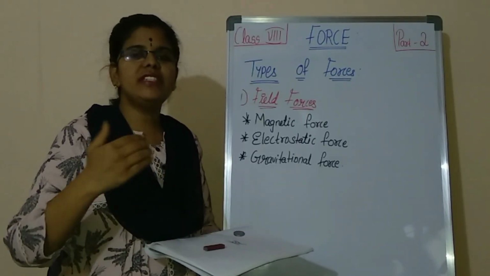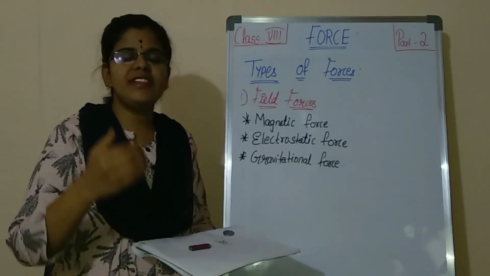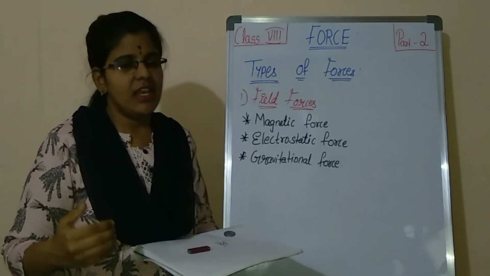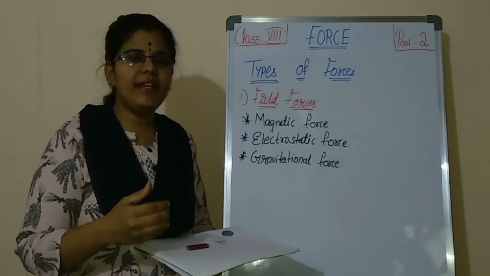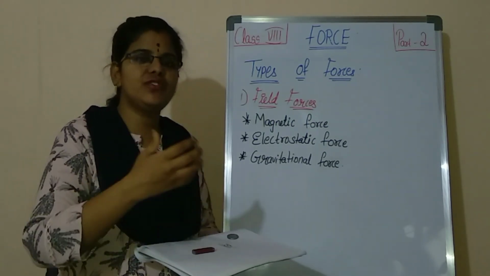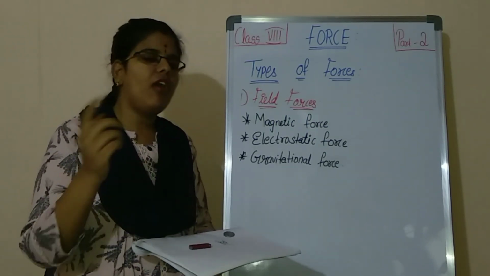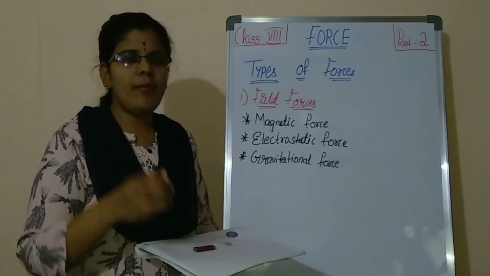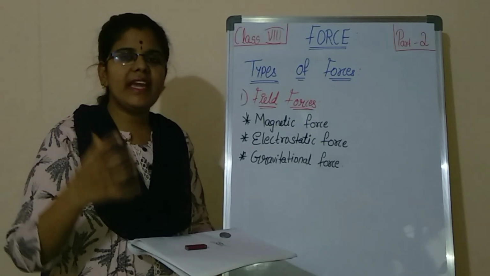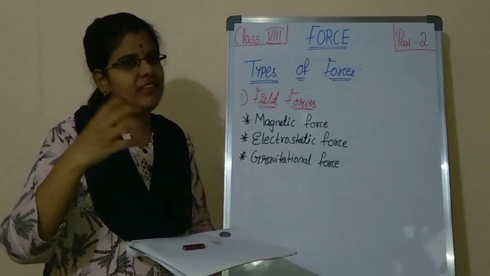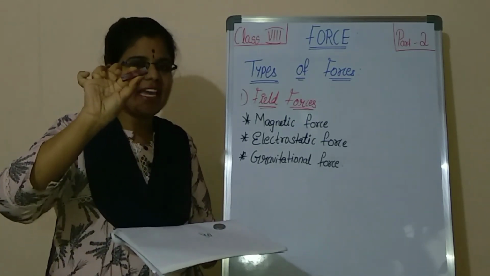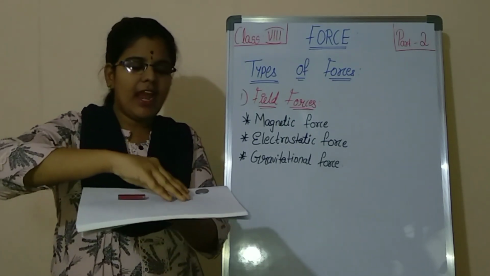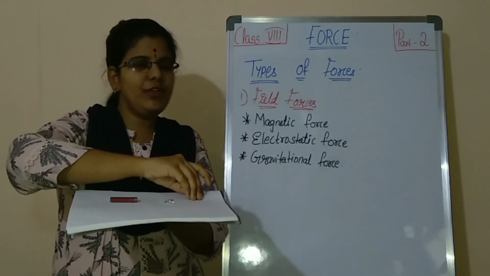Magnetic force is nothing but the force which is exerted by magnets. Magnets have a special property of pulling objects towards them, and they can't pull all types of objects, only a few magnetic substances, mostly metals. So they can pull the metals towards them with their force. Here I have taken a bar magnet, a few paper clips and two coins.